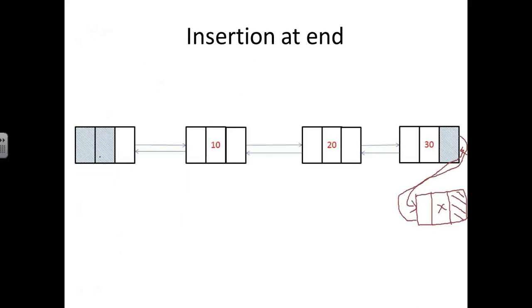So the first 5 steps are common, like the insertion operation, like creating a new node. Then for the remaining steps we have the traverse operation. When it reaches the last node, then we are going to make the last node point to the new node which we are going to insert now, and update all the places accordingly. That's all. Okay, so this is how we are going to perform insertion at the end.